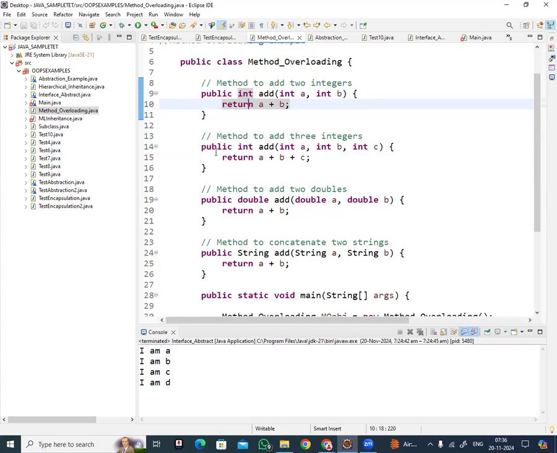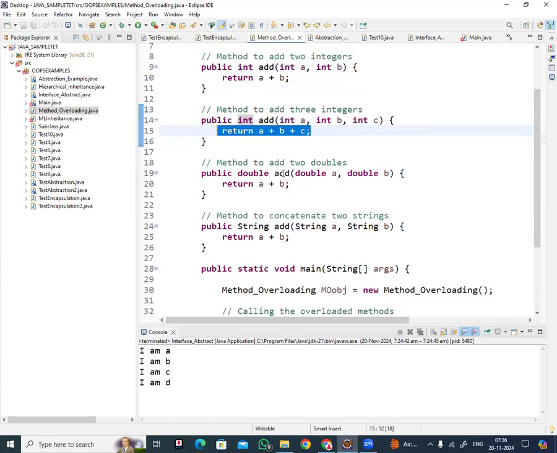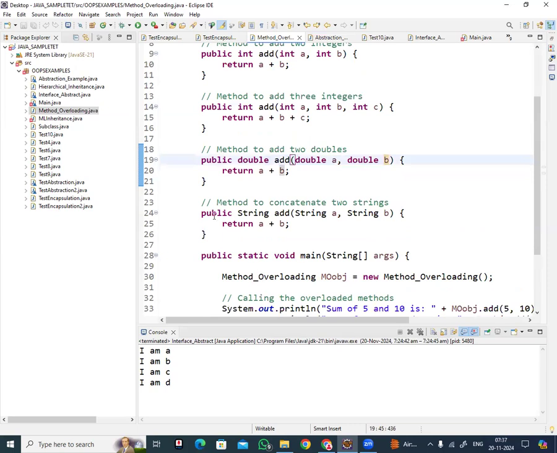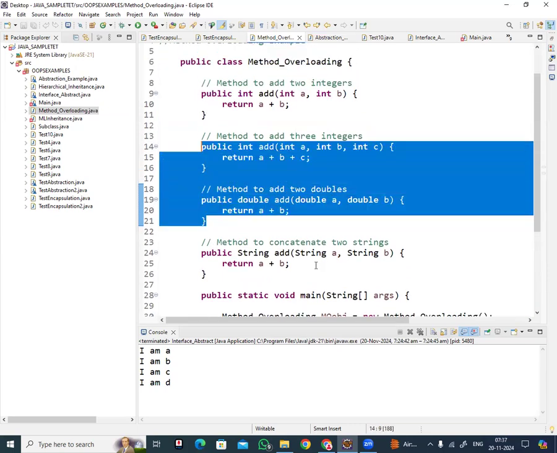So always, a method with a return type other than void should return some value. The third method is also a double type, so that also should return some value. What value is it returning? The sum of double A and double B, which is a double value. So in this particular class, they define three methods,